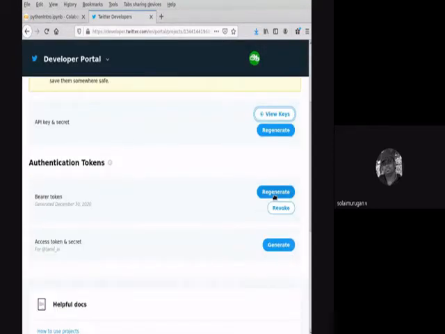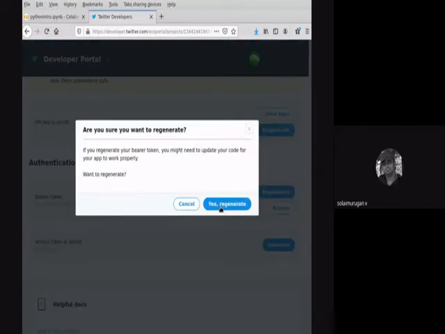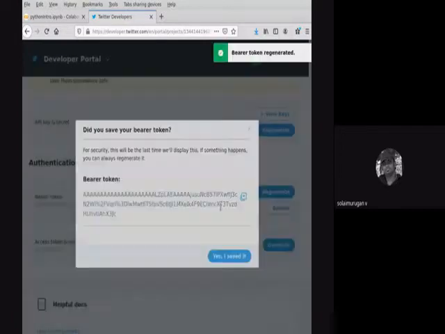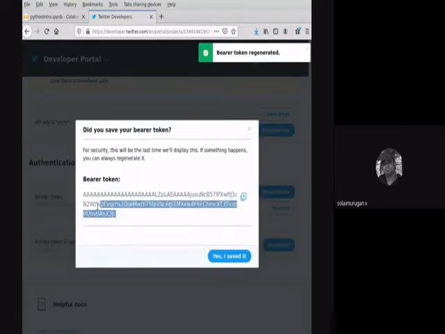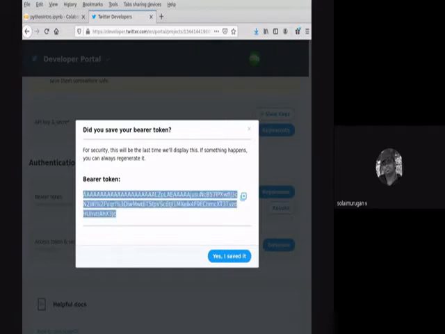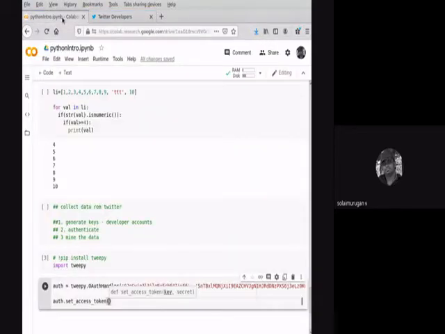Okay, now to generate. Yes, I just copy this key and store it here.